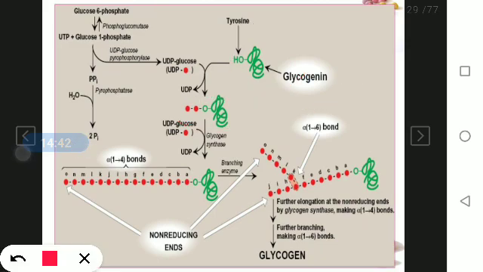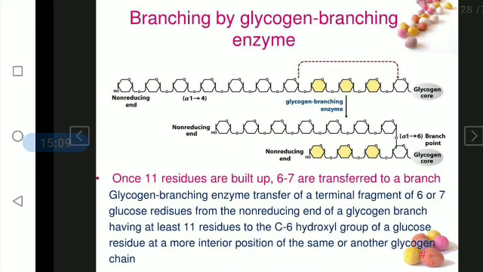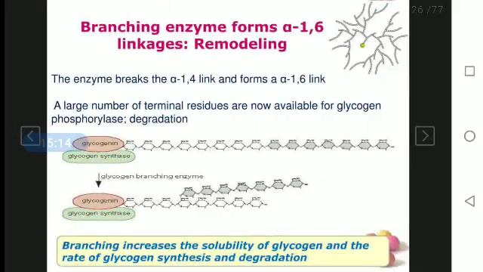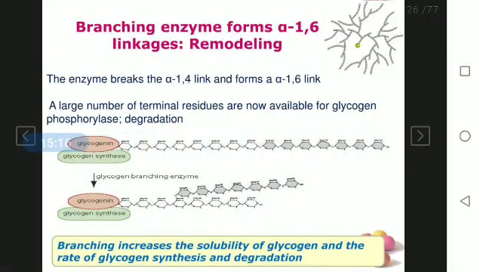Next, this is the summary of glycogen synthesis. After the primer is formed, the glycogen synthase will further elongate the chain. That means chain elongation will be possible by glycogen synthase over the C4 carbon. Here I'll show you. So further chain elongation. Here